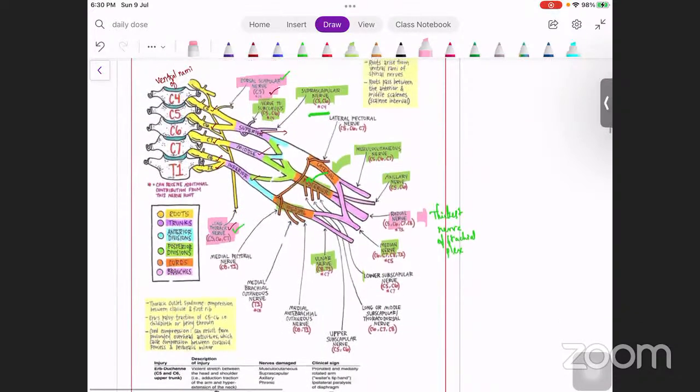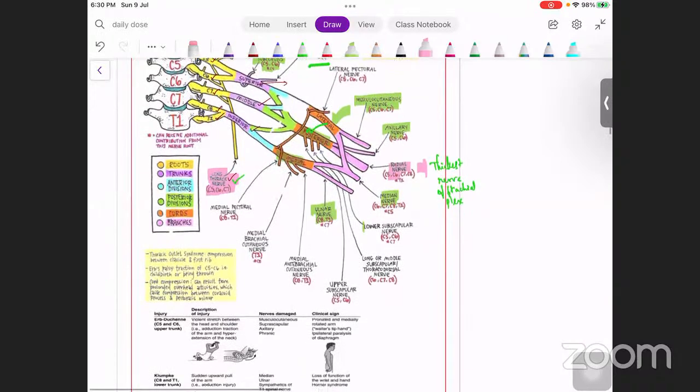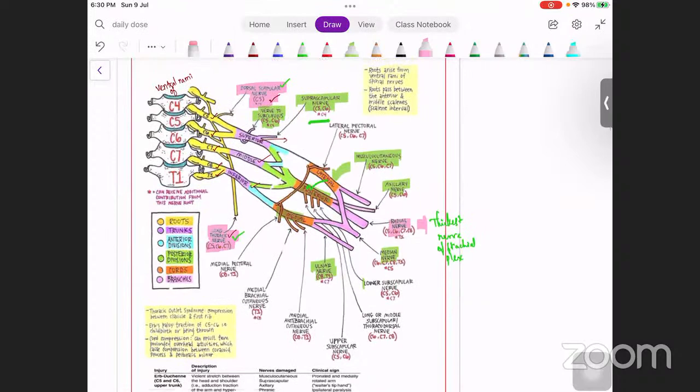Okay, then brachial plexus. Nerve root of dorsal scapular nerve, C5. Nerve root of long thoracic nerve, C5, C6, C7. Nerve to subclavius, C5 and C6. Suprascapular, C5, C6. Upper trunk injury: Erb's palsy, policeman tip deformity. Lower trunk injury: Klumpke's palsy, loss of function of the wrist and hand. Then suprascapular nerve, C5, C6; lateral pectoral nerve, C5, C6, C7; musculocutaneous nerve, C5, C6, C7; lateral root of median nerve, C6 to T1.